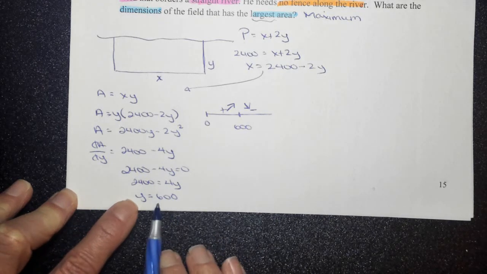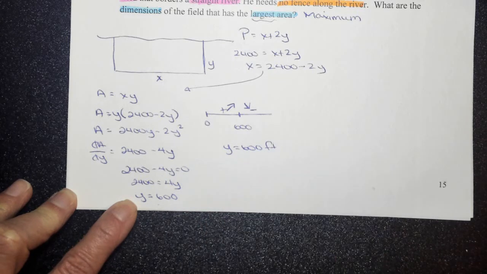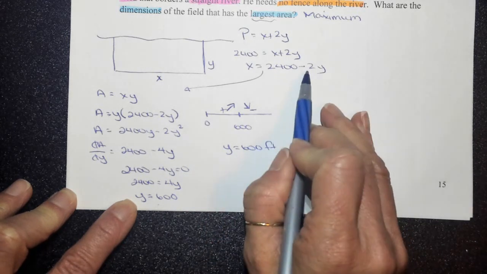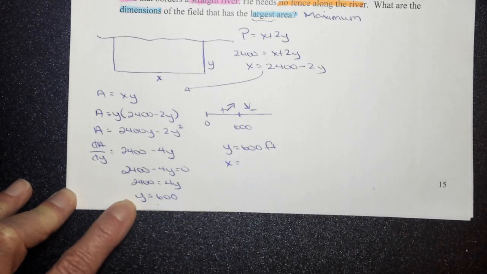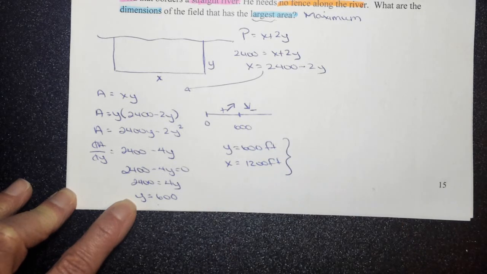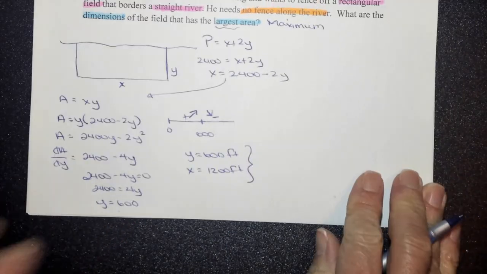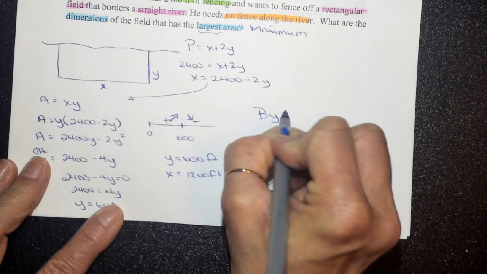So if we know that y is equal to 600 feet, we can turn around and plug this in up here and get our x value, which is our dimension, which in this case would be 1200 feet. Okay, so here are the dimensions. If I had to justify, I could say by the first derivative test,